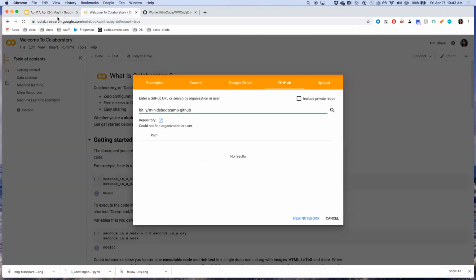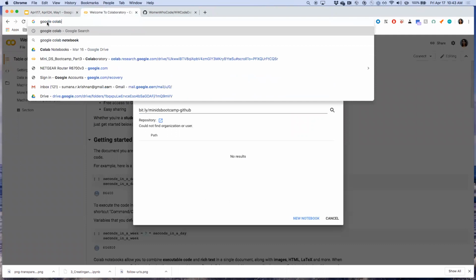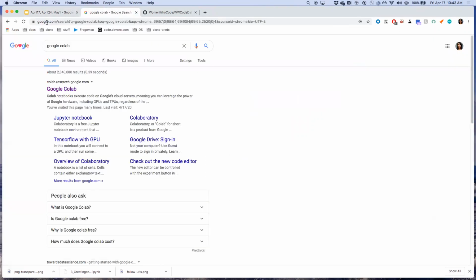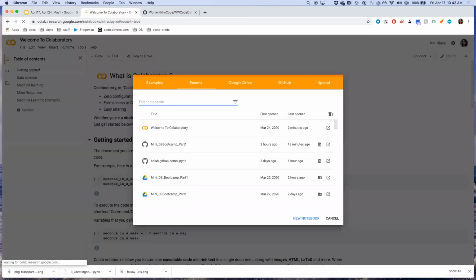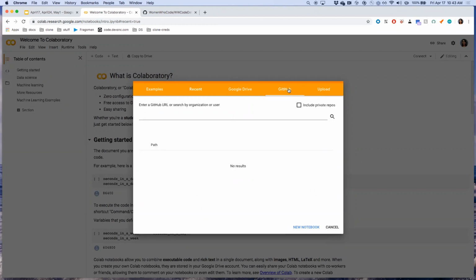And the first thing you want to do is, let me just show you from the start. You go to Google Colab, just Google search for Google Colab, nothing else, and open up the first link. You want to go to the main colab.research.google.com. That is the destination that I would like to go to. Going there, we see that it has multiple different options of loading our Python notebooks. You can use Google Drive, examples, GitHub, and upload. And obviously GitHub is the one that we want to focus on now.